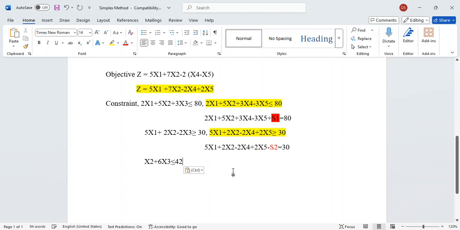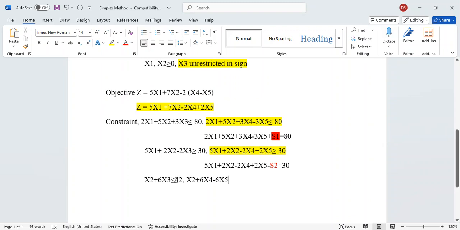The third constraint is written like that. Then directly we can write x2 plus 6x3 equal to x4 minus x5, that is, 6x4 minus 6x5. The left hand side is less than or equal to, because the right hand side is the larger one, so you add